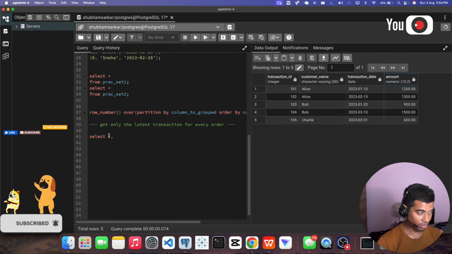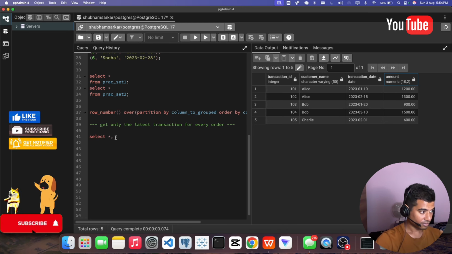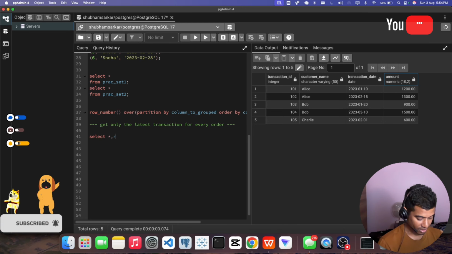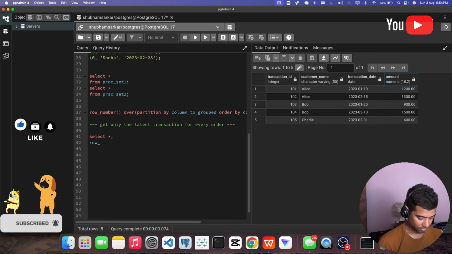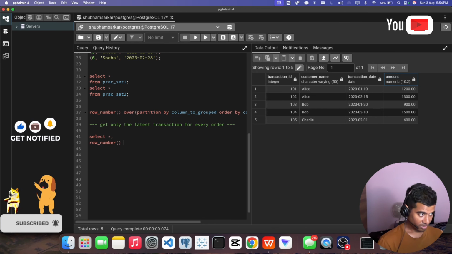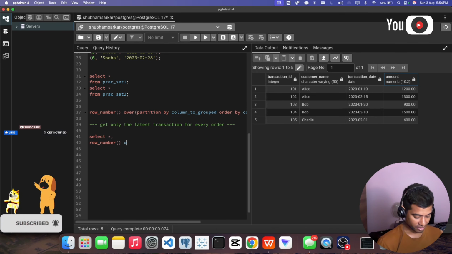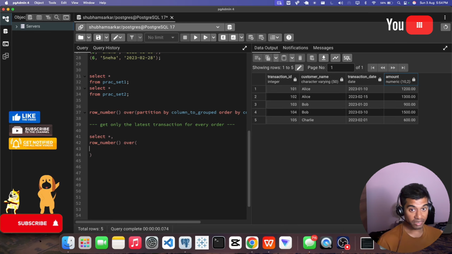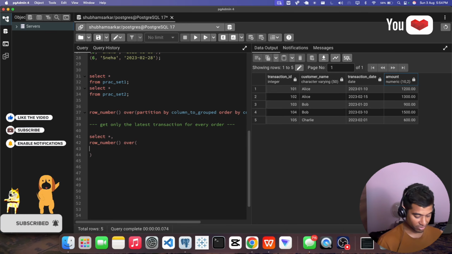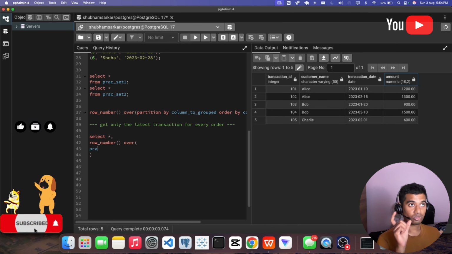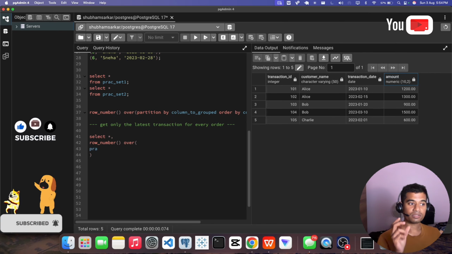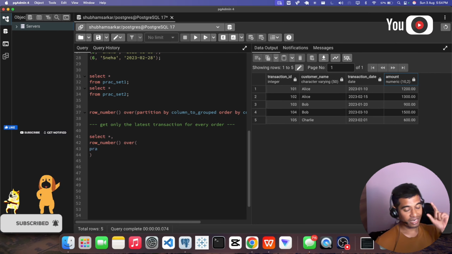So right now we will be writing SELECT everything, then ROW_NUMBER, open and close parenthesis, OVER, and in OVER we have to write PARTITION BY the column name that we will group. It's not about GROUP BY; group here means the column that will create one group.